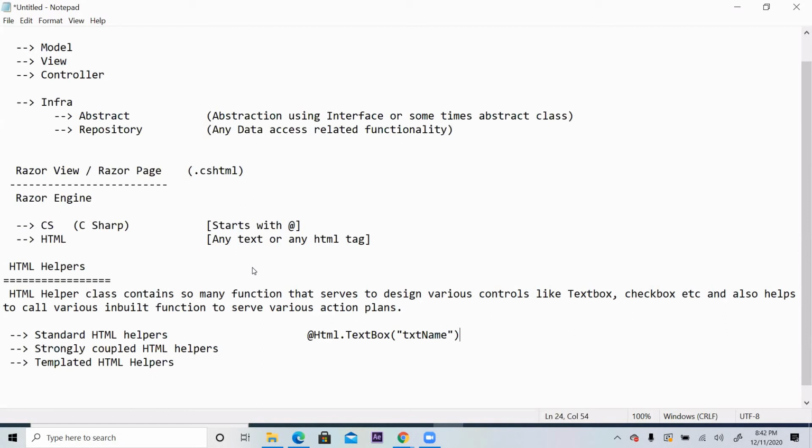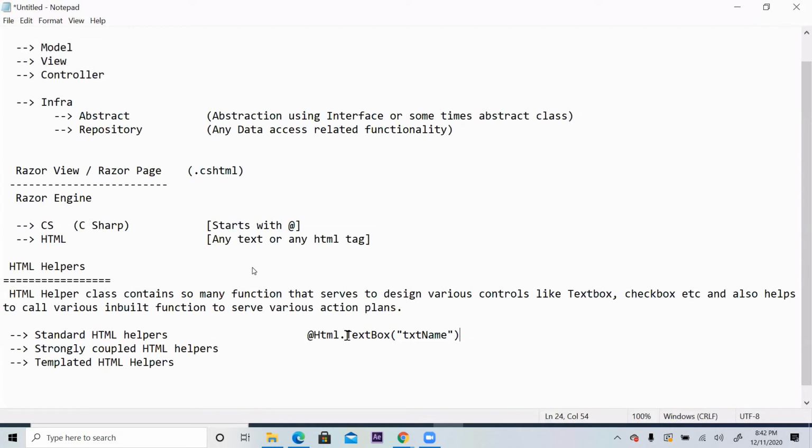RadioButtonList is a function. So whatever control you want to draw, that is a function that you have to call using the HTML helper class. And you have to pass one argument to that function, which is supposed to be the ID of that text box. This is the way we write for standard HTML helpers.